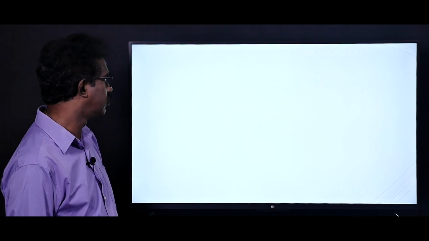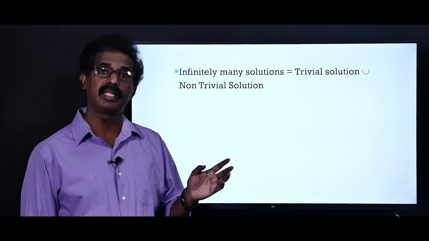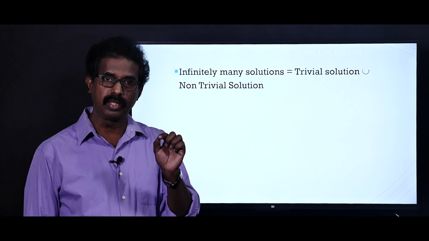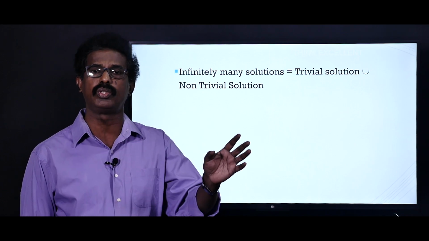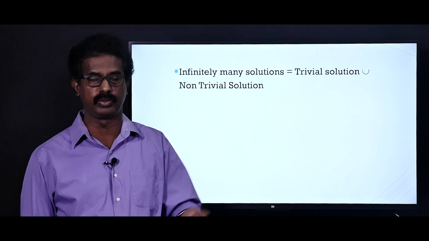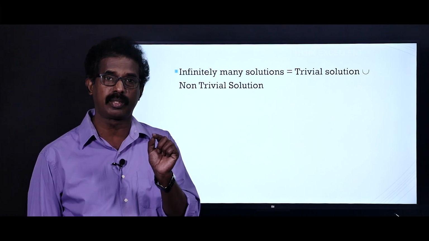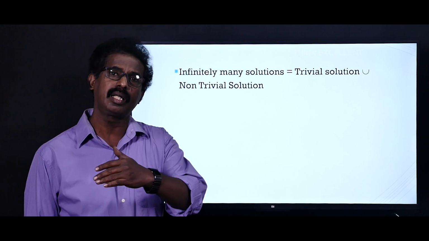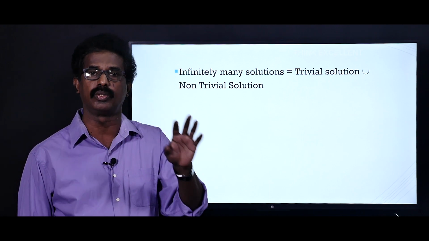It is called what? Trivial solution. Then, what is the meaning of infinite number of solutions? The 0, 0, 0, that is called trivial solution. All other solutions are called non-trivial solutions. 0, 0, 0, that one particular solution is called what? Trivial solution. All other solutions, if it has many solutions, except that solution, all other solutions we call it as